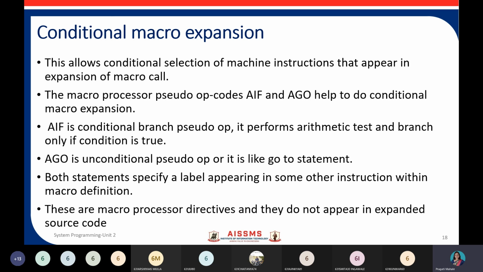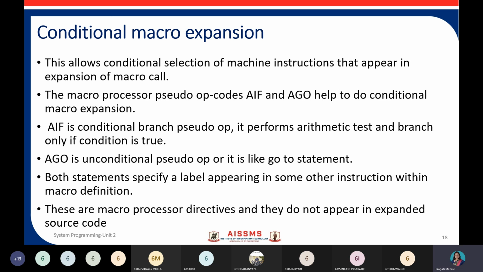It is like a go-to statement that we use in programming languages. I just gave you an analogy so that you can easily understand. So AIF is like an if condition, AGO is an unconditional pseudo opcode like a go-to statement, right friends?